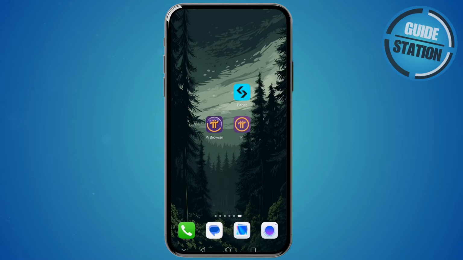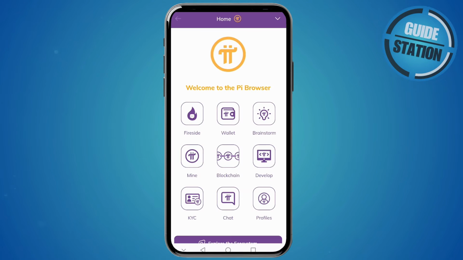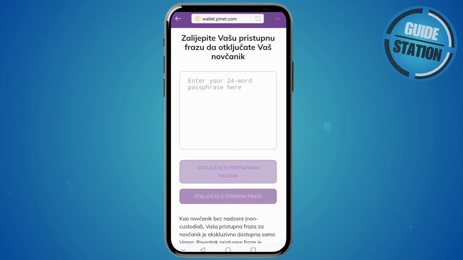And now let's continue. So to get your Pi wallet deposit address, you would need to first open up your Pi browser. Once your Pi browser loads up, you would need to click on the wallet option, this one in the middle. For this, you would just need to enter your 24-word mnemonic phrase right here, or you can unlock it with a fingerprint right here if you have it set up that way. I have it set up with a fingerprint, so I will just click that and log into